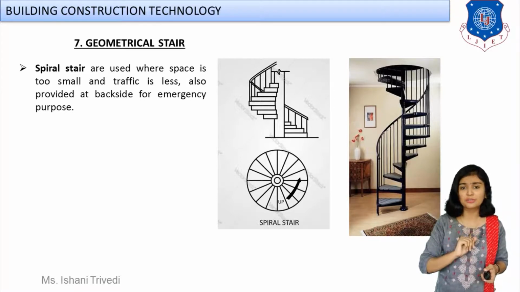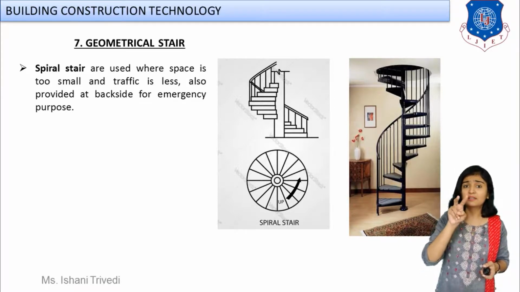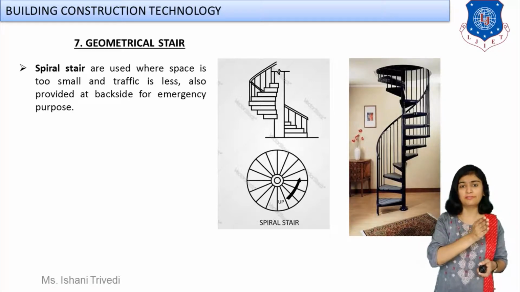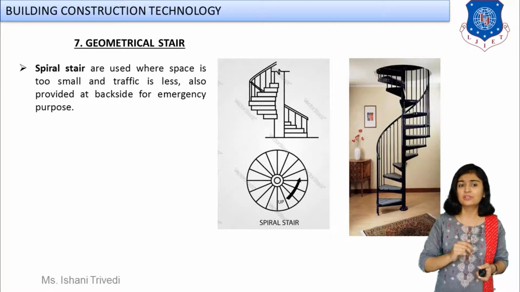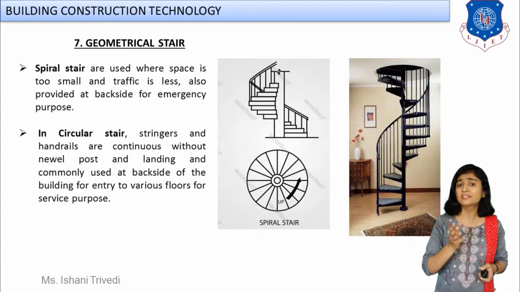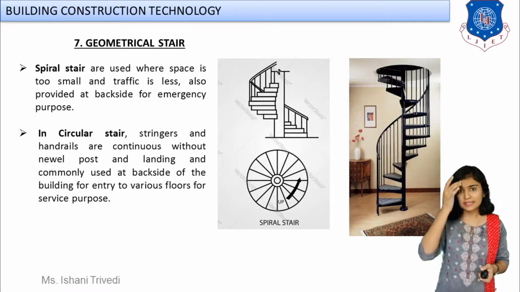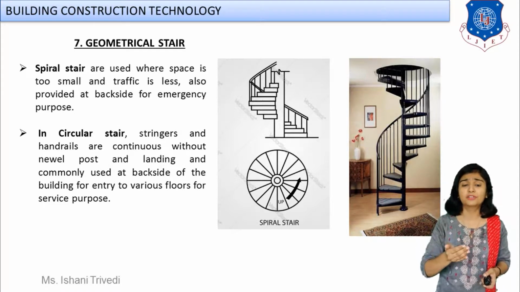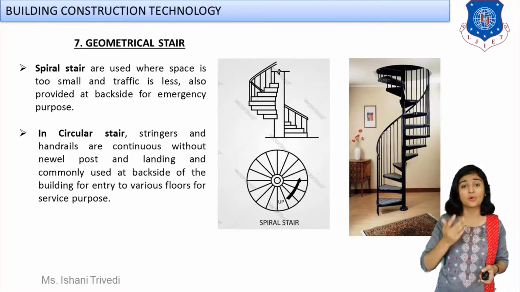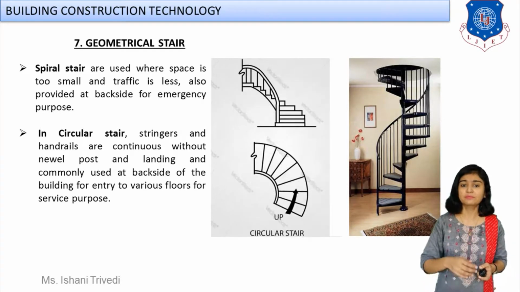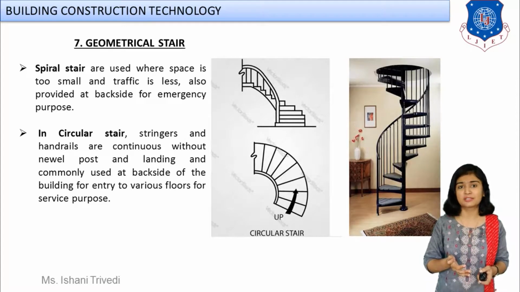So you can match both of them, how it appears, that the plan which you can see in the real photograph itself is drawn to the left. So you can match both of these things, it will be helpful to you. So spiral stair is used where the space is very much limited. As I had said, at the front side of a commercial building to provide direct access, or at the back side where you can say emergency exits, or in water tanks, at all those places spiral stairs can be provided. Next you have is circular stair.